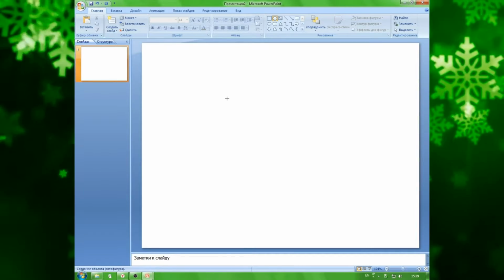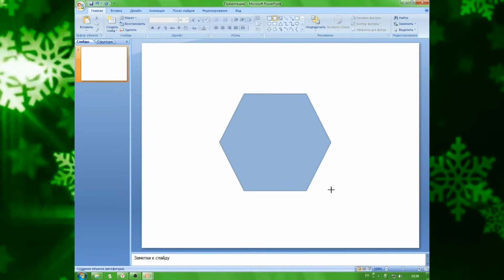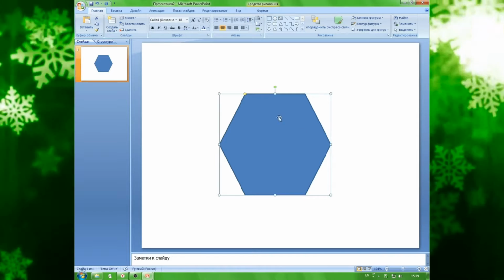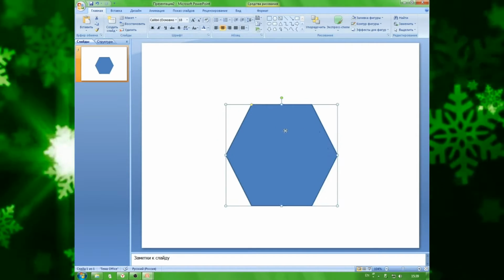Okay, let's begin. Create a slide and put a hexagon in the middle of it. You'd better decide the design before beginning to make it.